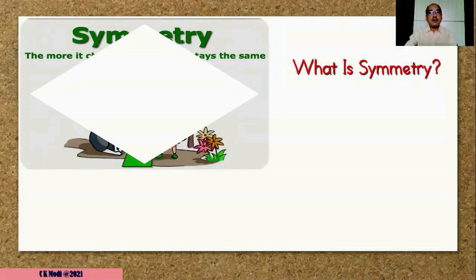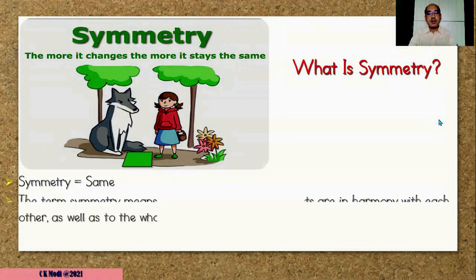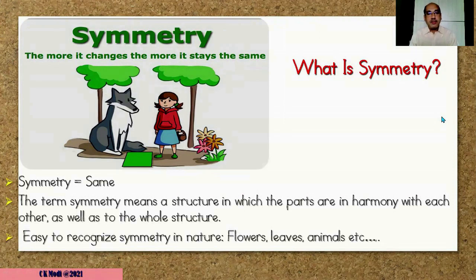Now, what do you mean by symmetry? Symmetry means the same. The term symmetry means a structure in which all the parts are in harmony with each other, as well as with the whole structure. So we can say that the more it changes, the more it stays the same. That is called symmetry. Now, while we are talking about nature, there are countless examples of symmetry,